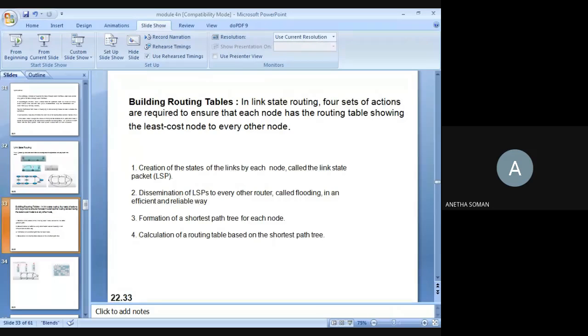Each node makes use of Dijkstra's algorithm to calculate the optimal route to all the nodes, and you have to frame the routing table. Understood? What are the 4 actions to be done to create a routing table in the link state algorithm? Yes or no?